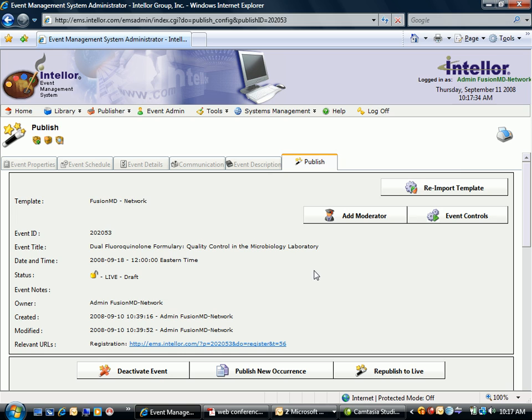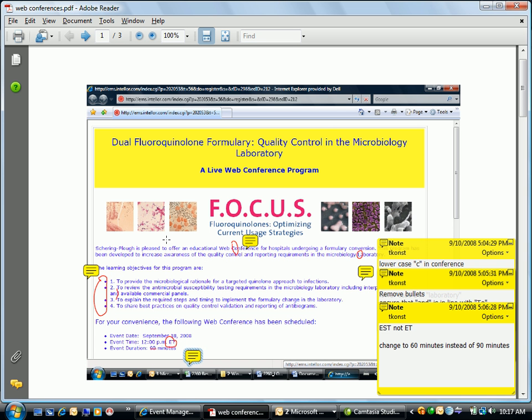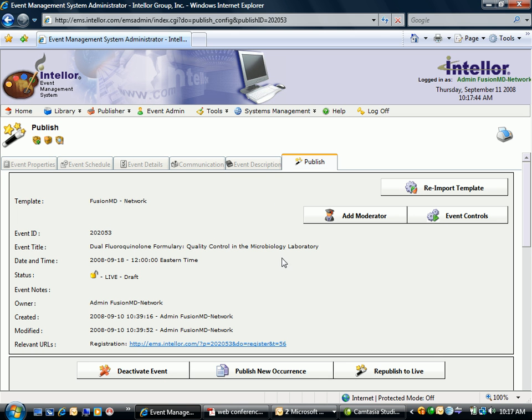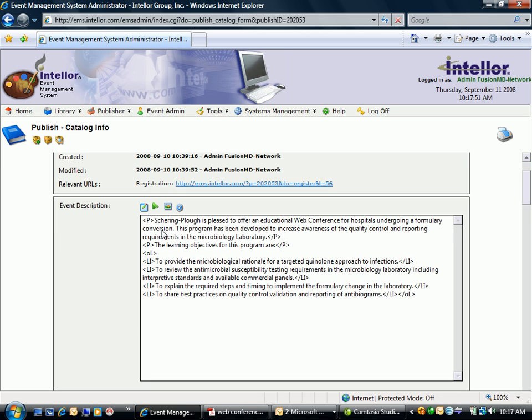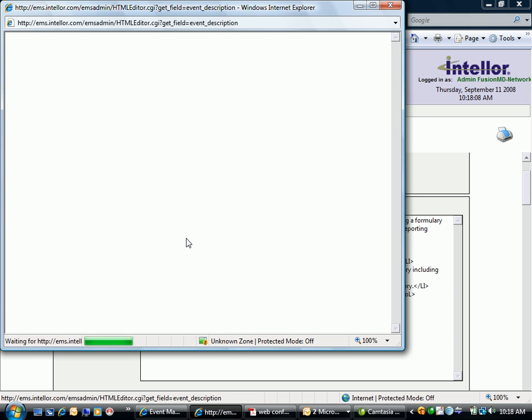and the information, if we switch back here, this information I happen to know from publishing it is actually in the event description area. So let's go back to the tab where we describe the information, and you can see right up top here we've got the information here of Sharing Plaza is pleased to enter the educational web conference. I could simply change the C here, or alternatively I could click on the HTML editor,